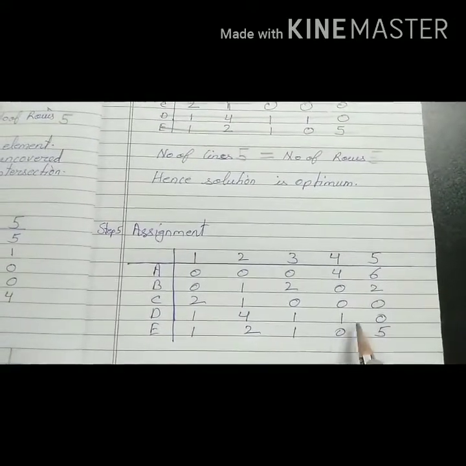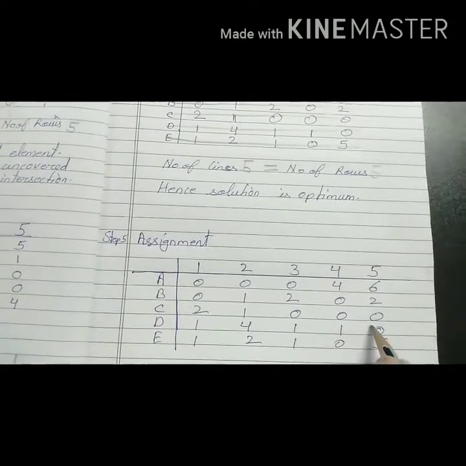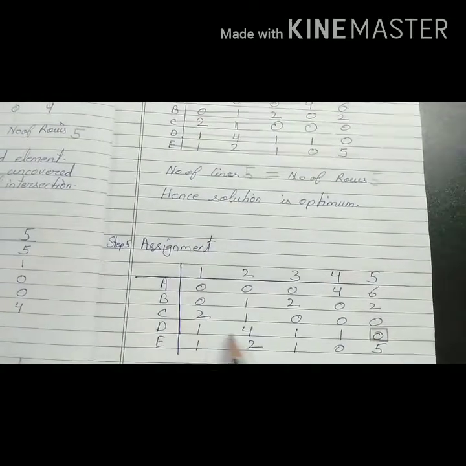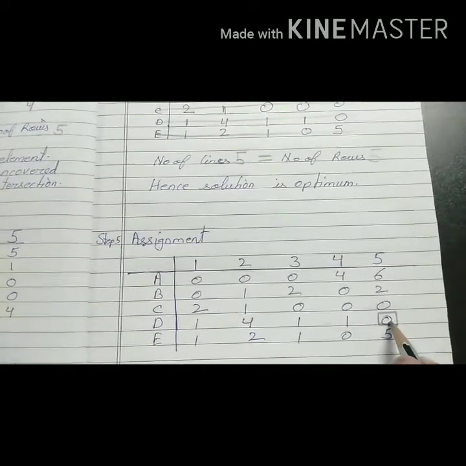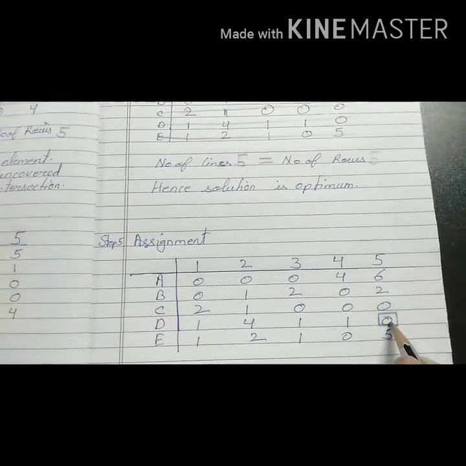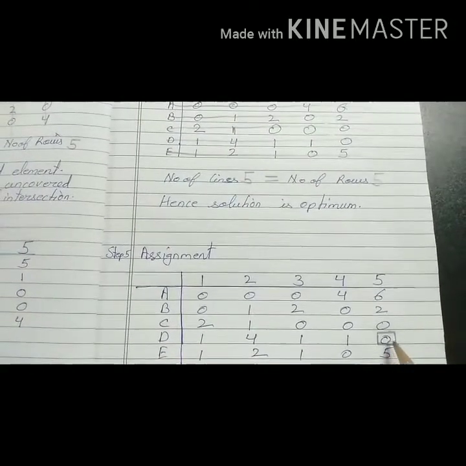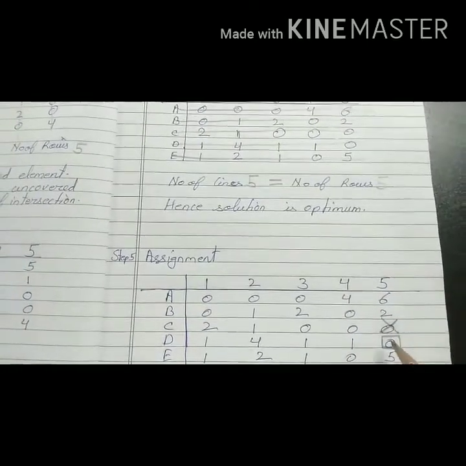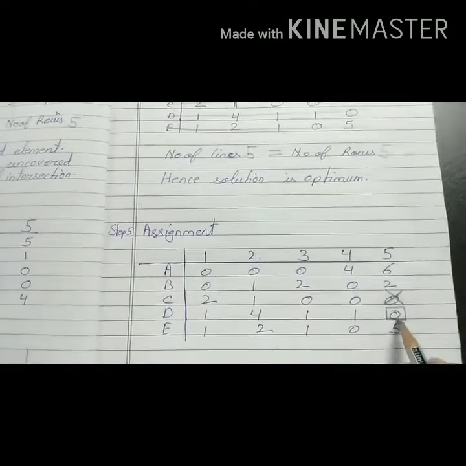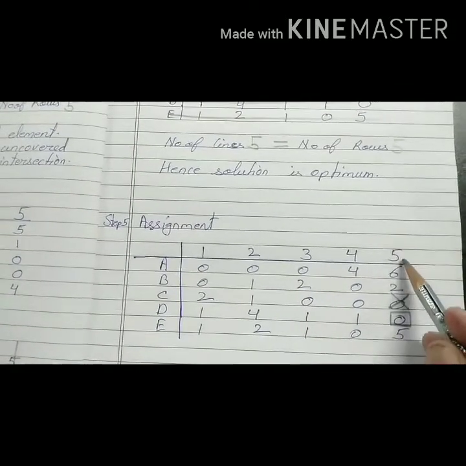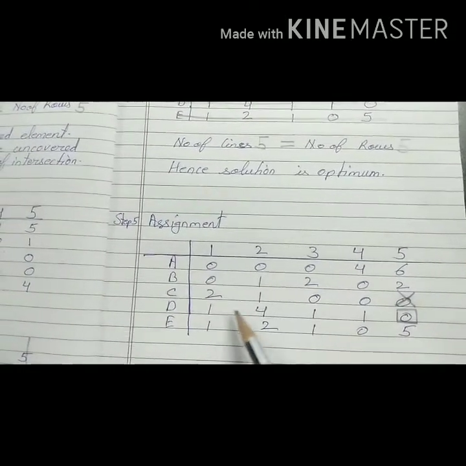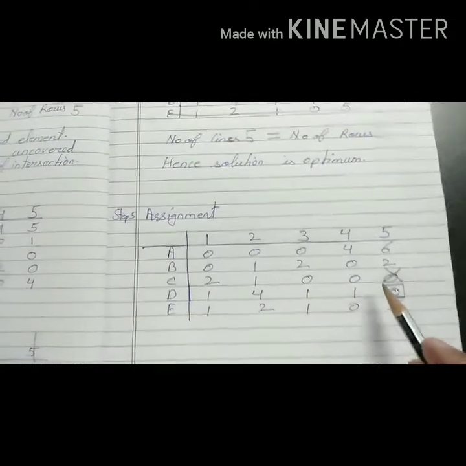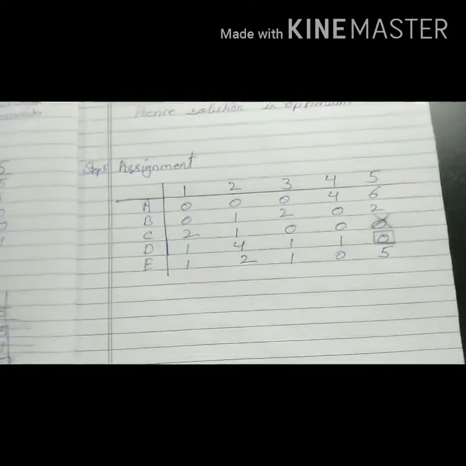Take the example of fourth row. Fourth row has only one zero, so we can mark it as square. That means here we can make the assignment. But as we are going through the row, we have marked this fourth row zero as assignment. Now we should check that in that particular column there should not be any other assignment. So we need to cut this zero. Clear? So in fifth row it will have only one assignment. Means the person 5 will get only the job of activity D. Person 5 will not be allotted any other activity. That is the main purpose of assignment problem.